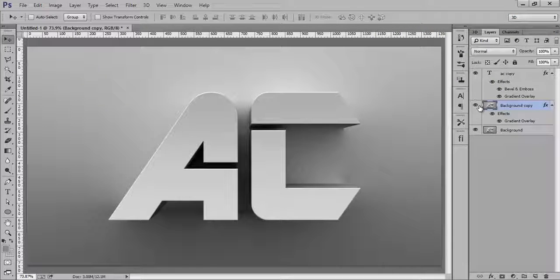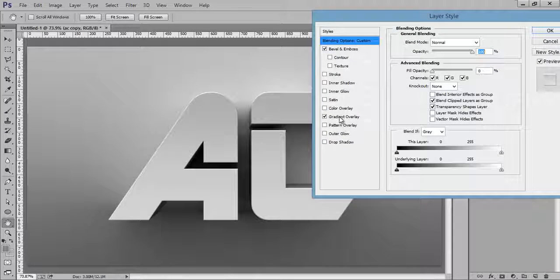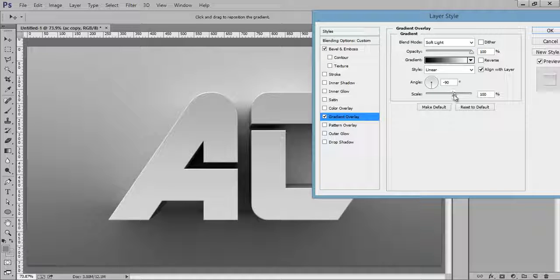So this is before and this is after. Again this is before and after. Again right click on there and I will do some changes.